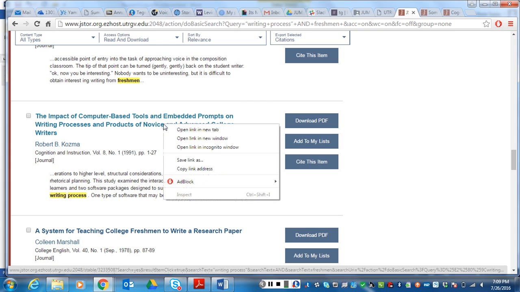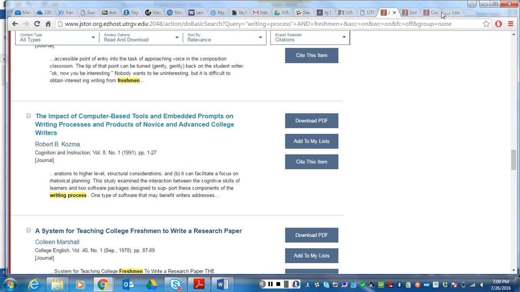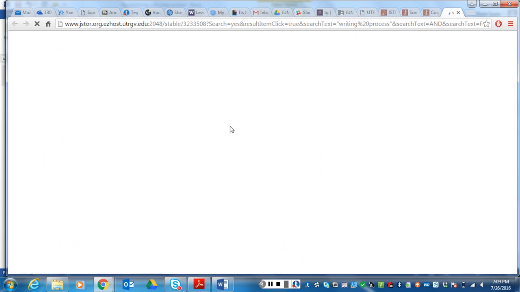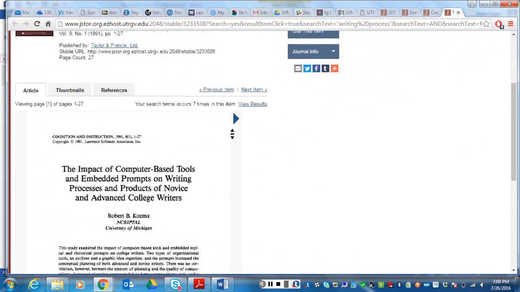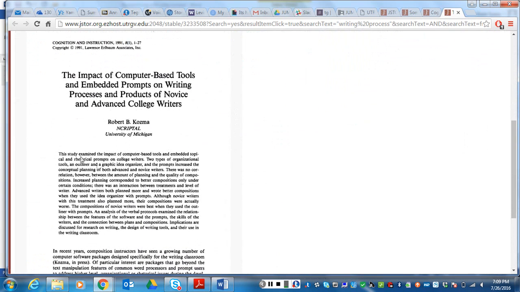It doesn't hurt to look, so let's open it up and look at it. Okay, let's see if it has an abstract. Yay, okay. This study examined the impact of computer-based tools and embedded topical rhetorical prompts on college writers. An outliner, a graphic idea outliner, the prompts increased conceptual planning. There was no correlation between the amount of planning, increased planning,